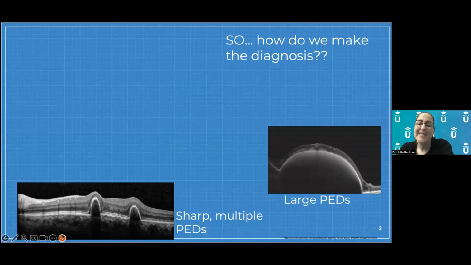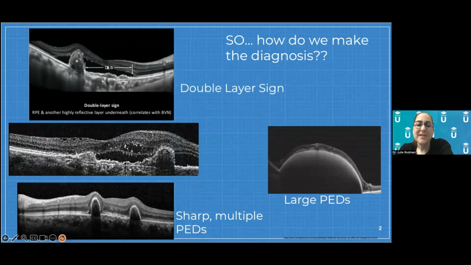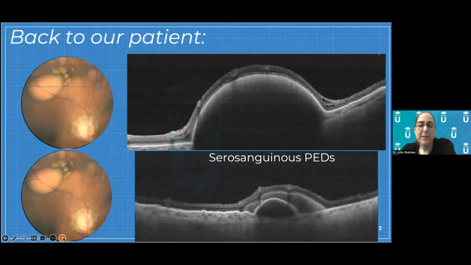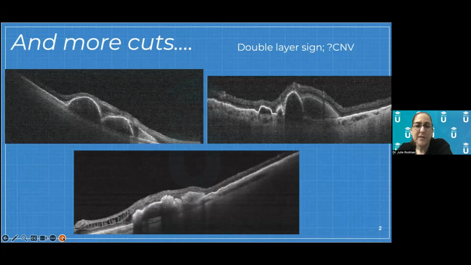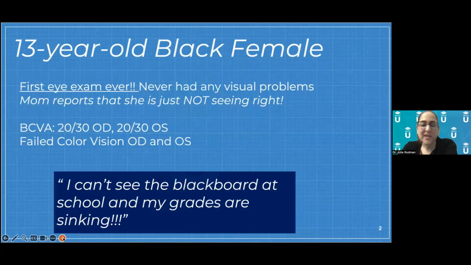When you see massive PEDs, I mean, this is massive, think about this condition. And if you see PEDs with a collapsed area next to it, simulating a choroidal neovascular membrane or a double layer sign, think about polypoidal. And just to show you one more time, our patient, you can now appreciate these are the polyps. These are the serosanguinous RPE detachments made up of different reflectivity throughout the PED and the other cuts. So that's a really good case of how, if you're familiar with this disorder, the OCTs helped us to make the diagnosis. Okay, let's move on to the next case.